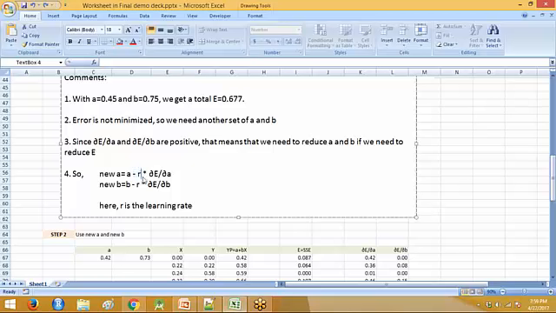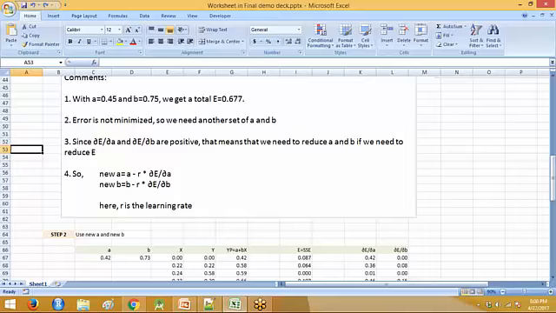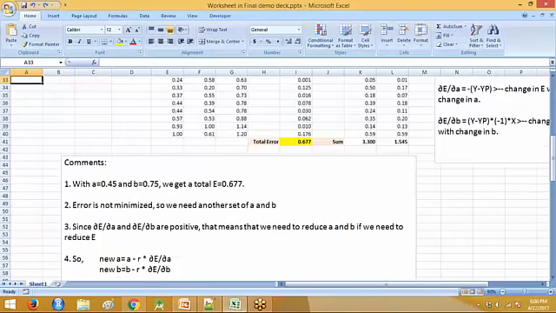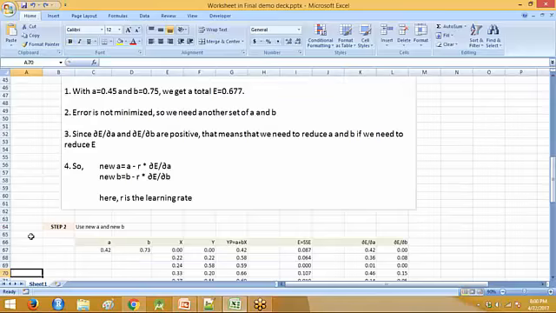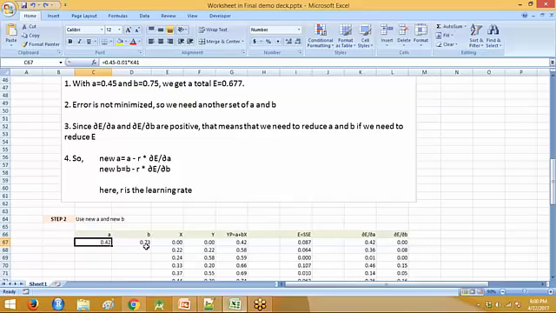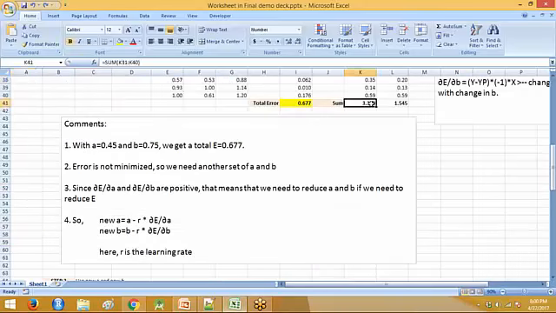In this case, we have chosen it to be 0.01, and we call that the learning rate, multiplied by the change in error when we change A by a little bit. And that's this value here, 3.3. So based on this formula, we're going to come up with a new A value, which is 0.42. As you would have noticed, the linkage here is the old A, which is 0.45, minus the learning rate, which is 0.01, into this value here.